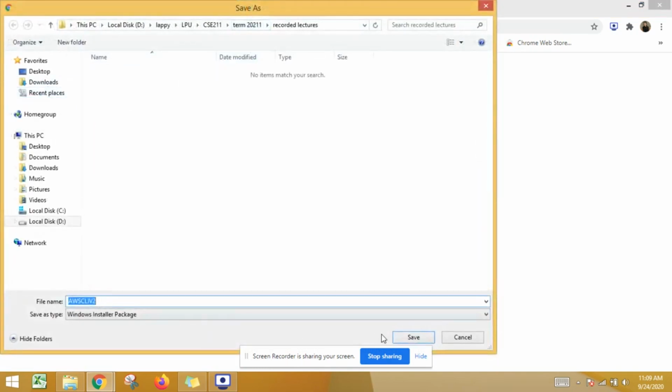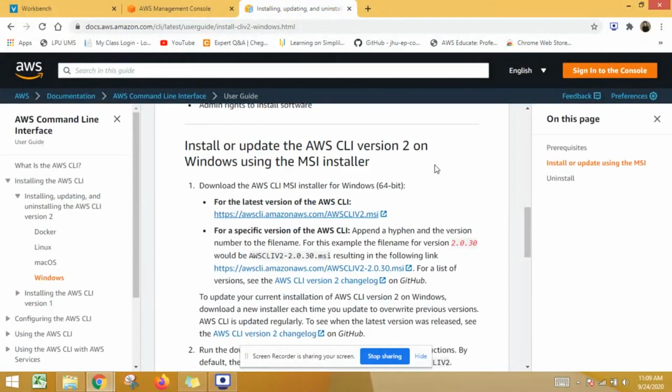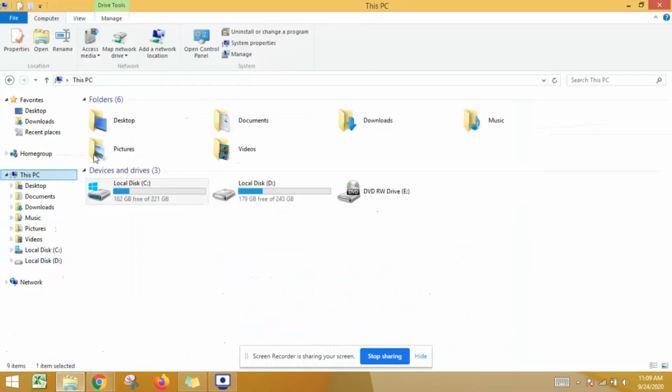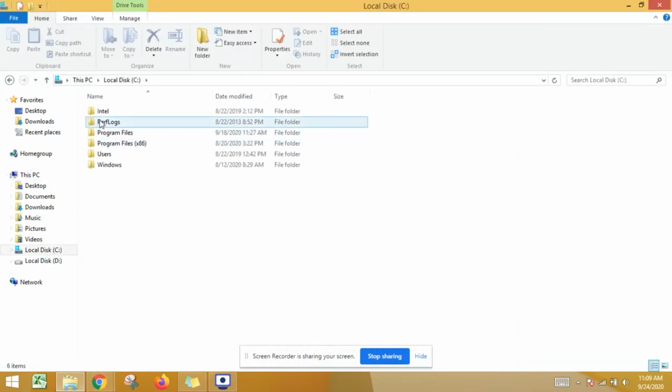Now they are asking where on my machine I want to install this package. I can save it to launch or install it, but as it is already on my machine, I'm skipping that part. If you are doing it for the very first time, just save the package, and then reach the C drive.